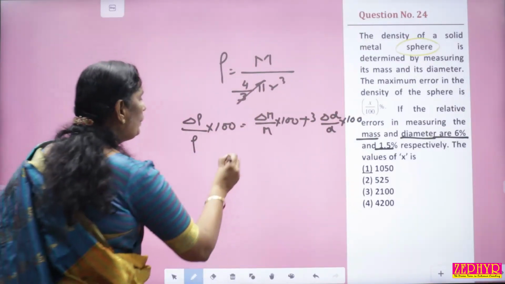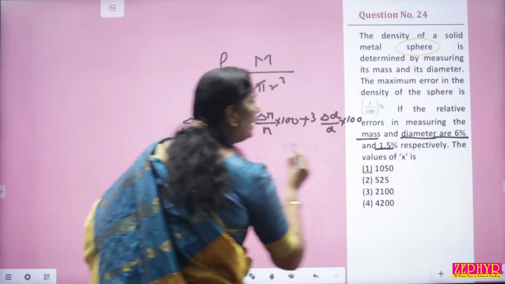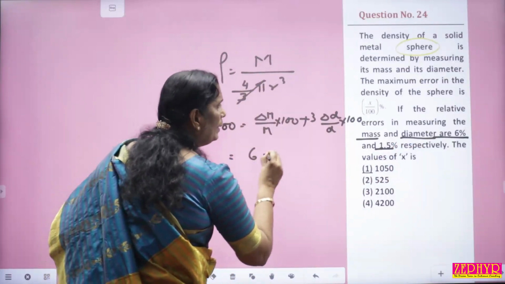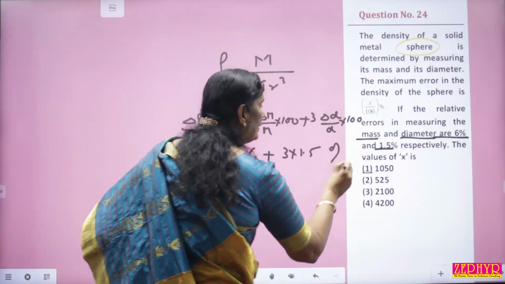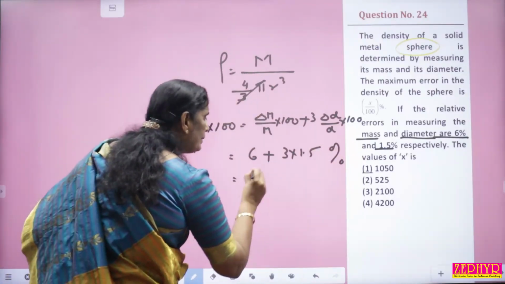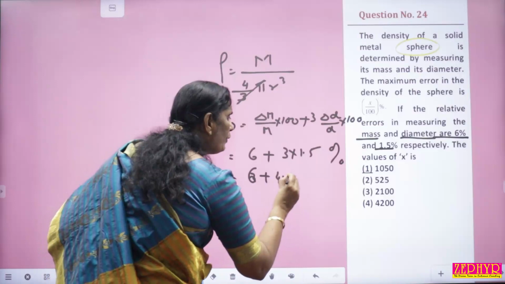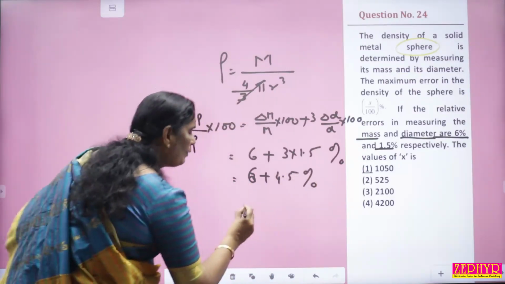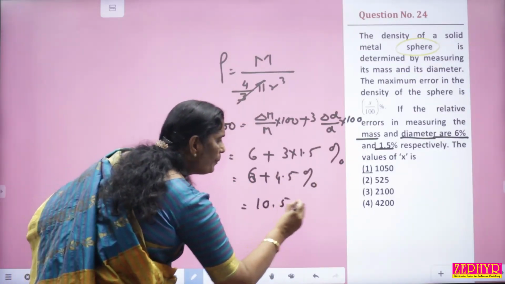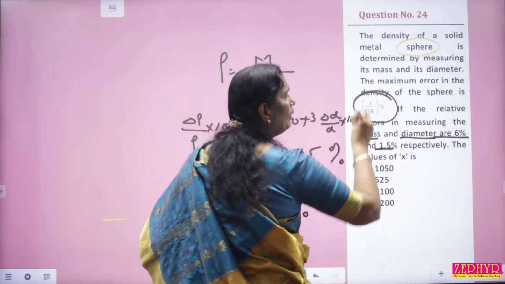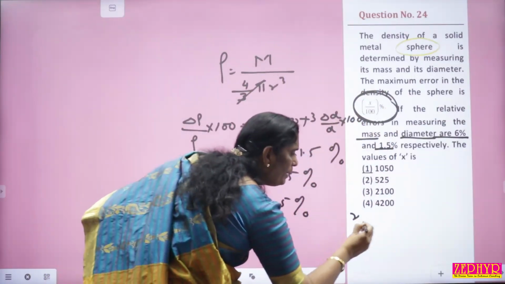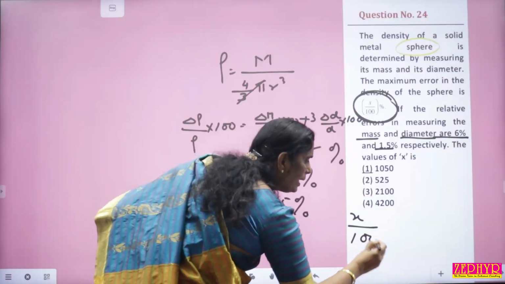So that will be 6% plus 3 into 1.5 percentage. That will be 6 plus 4.5, that will be 10.5 percentage. But they want one particular form. They want it in this form, x by 100 into